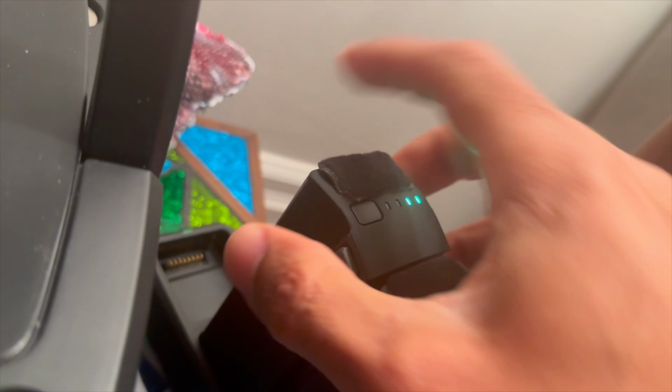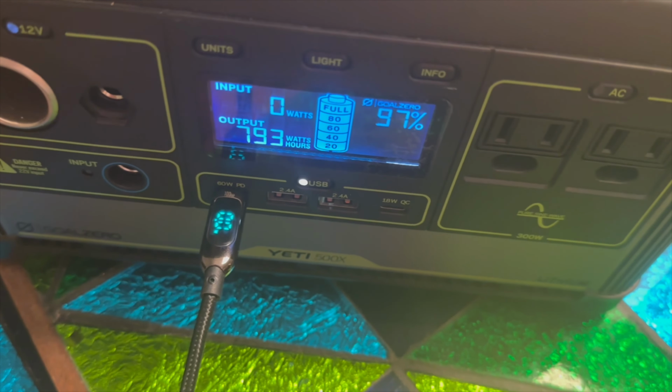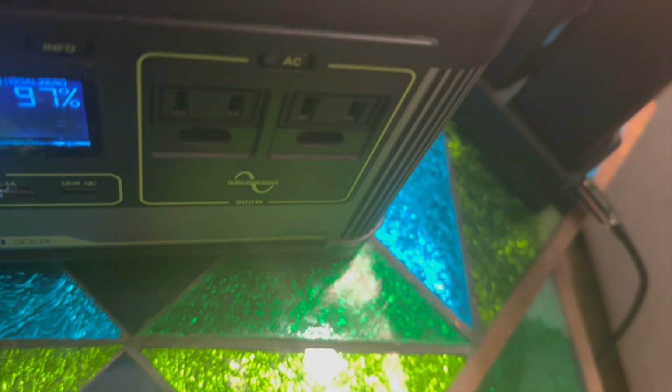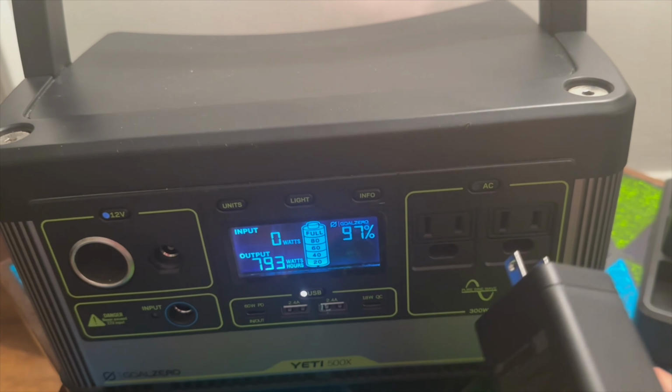Let's see. Maybe that will tell us exactly how much is left in there. Nope, still 2 bars. Milking it. Interesting. And that's 2 hours. So maybe I'll try another way. Interesting. Okay, so we're going to plug it in